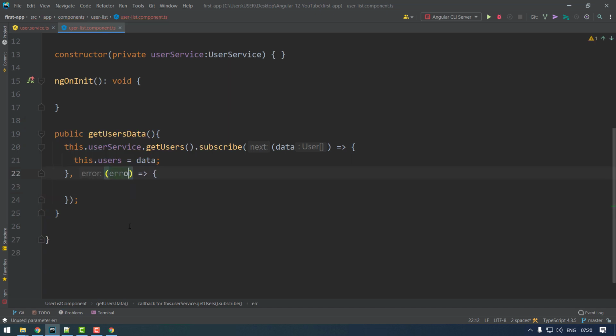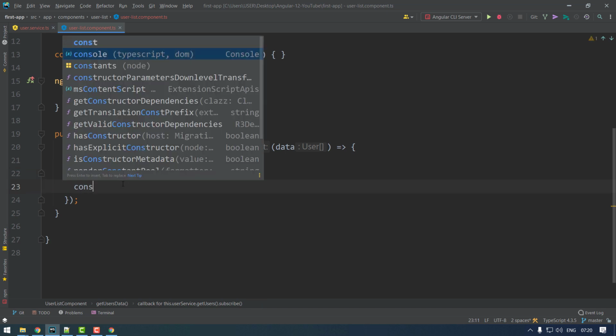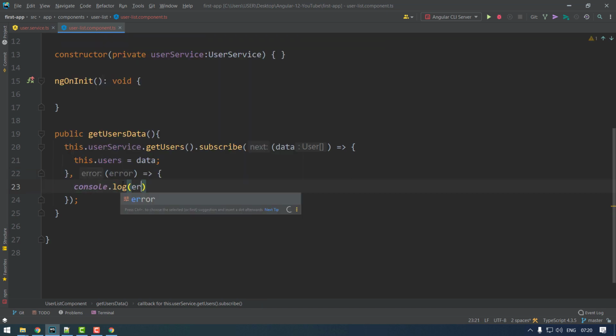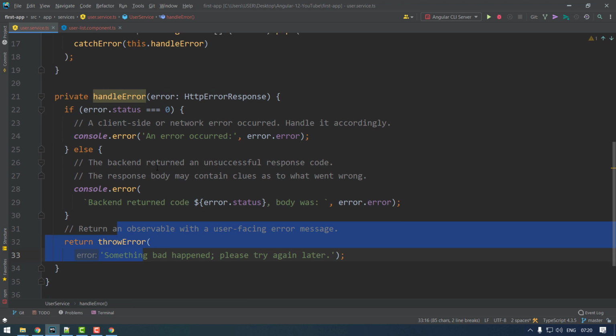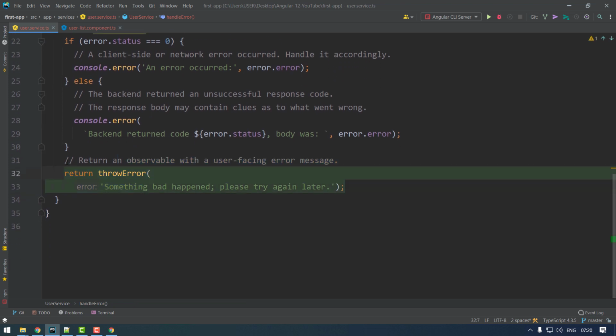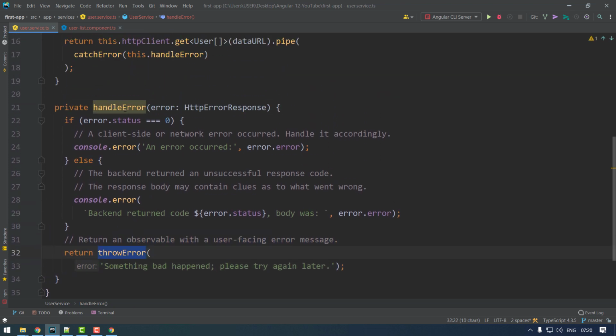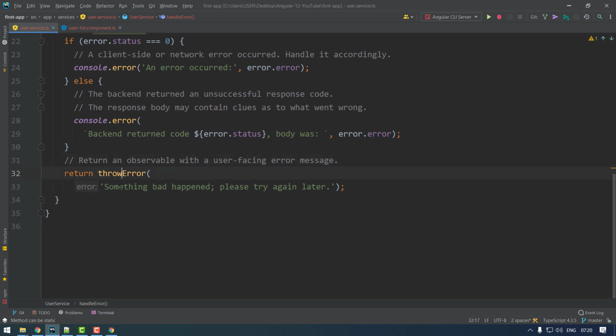You will receive the error and you can do a console.log of the error. This will be the final error thrown from the handle error function: something bad happened, please try again later.